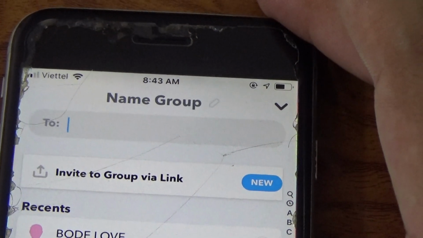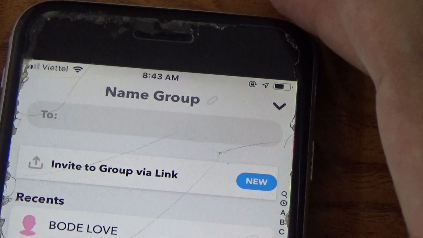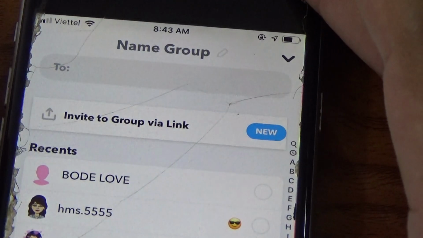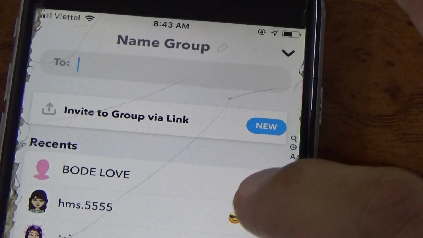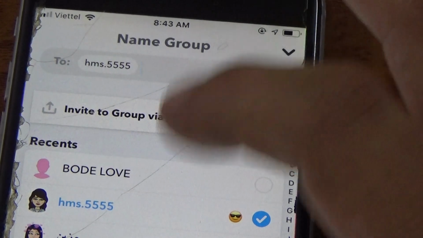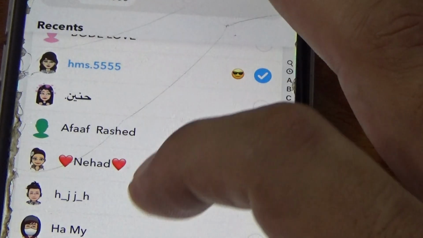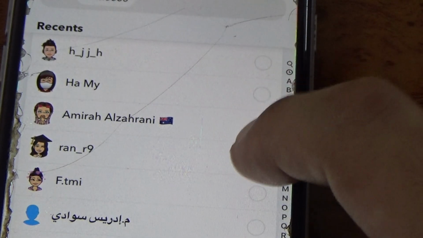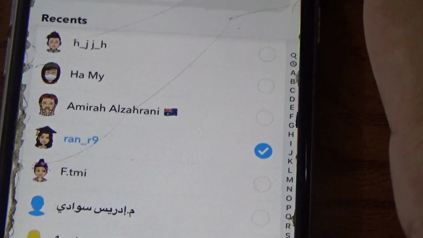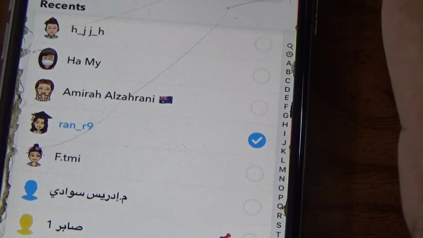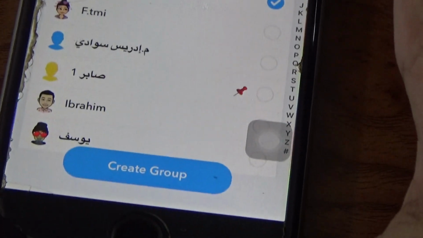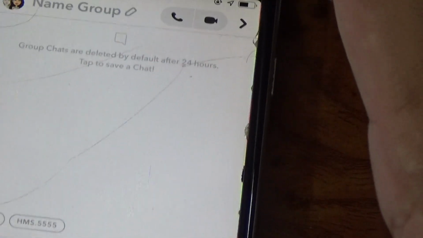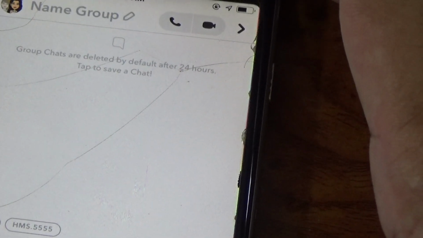Now just select who you want to add in this group. For example, now I select this one and okay, now for example I selected 2, and after that just click here Create Group. Now it's already created the group,